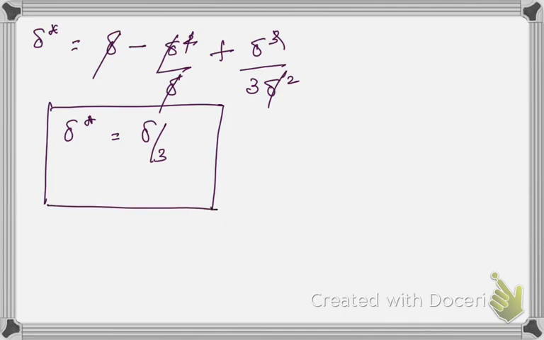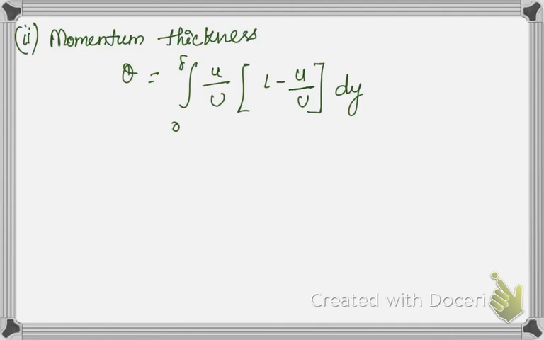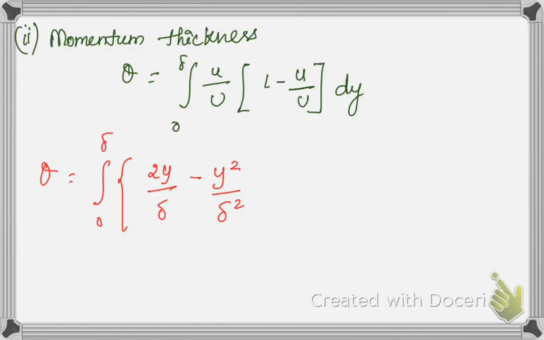Next I have to determine the momentum thickness. I am writing the formula for that. I have written the formula, now I have to substitute. So theta is equal to integral 0 to del. I will put the whole bracket like this. Instead of small u by capital U, I will have 2y by del minus y squared by del square,